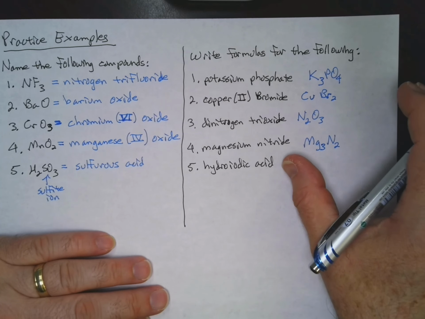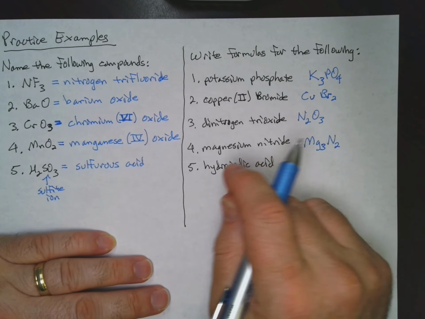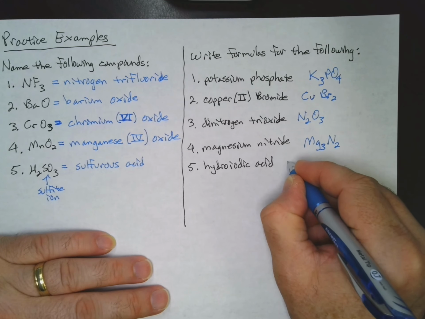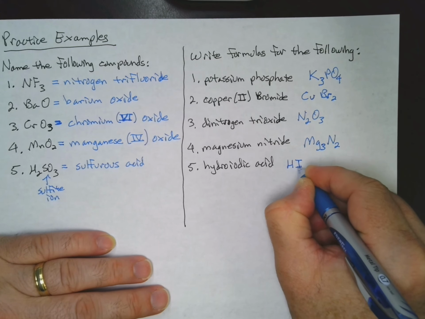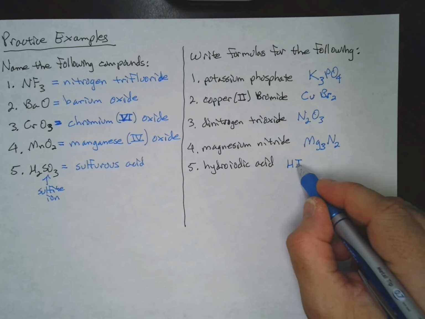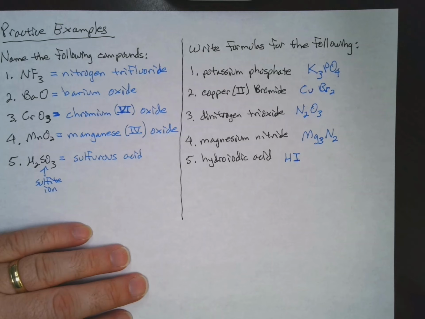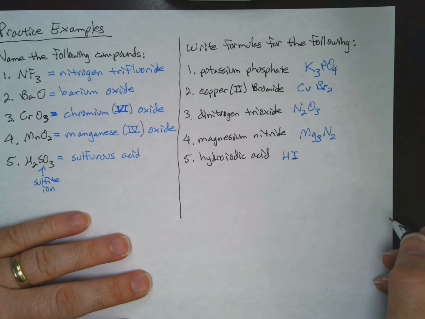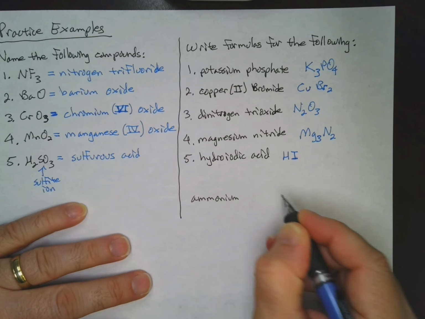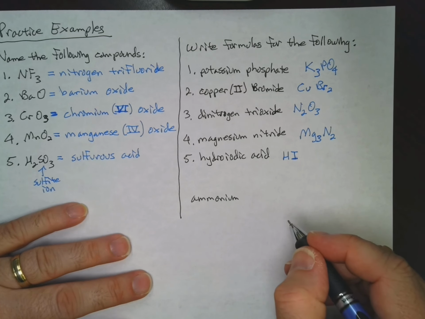And then we have hydroiodic acid, where, because it says hydroiodic, the hydro tells us that we don't have a polyatomic, an oxyanion. We don't have a polyatomic anion, so it's simply HI. One that maybe I should show here is, let's do the following. Let's do ammonium perchlorate. No, not perchlorate. Let's do ammonium